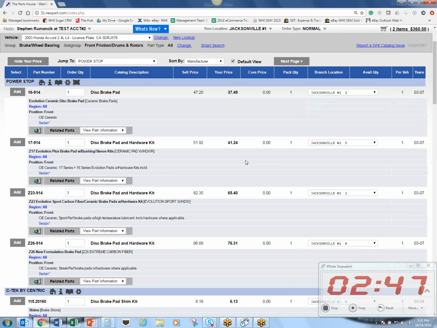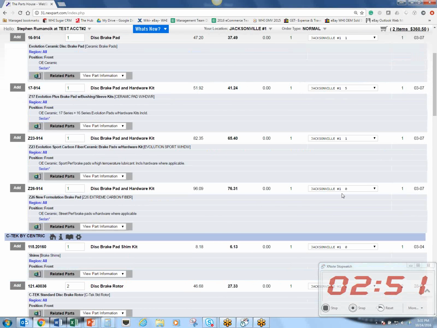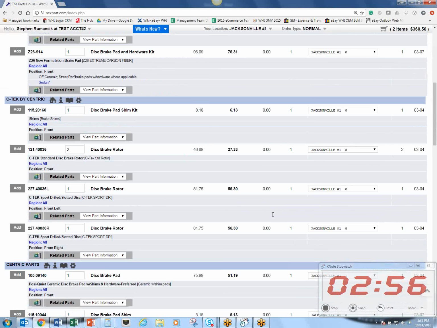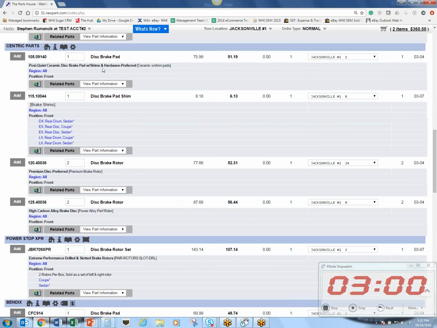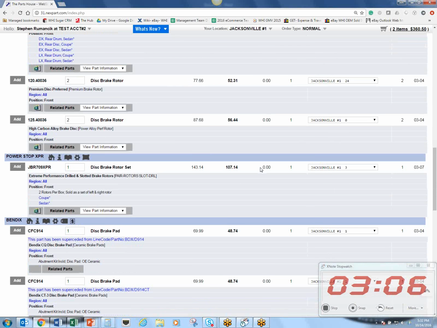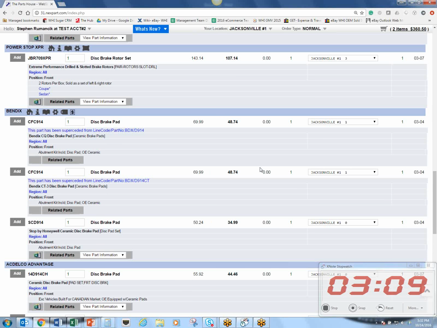$37 is a good price. I've got some other Power Stops here, but it looks like they're going up in price, or they're not available. Now I've got shim kits and rotors, which I don't need. Here's a set of Centric pads, not bad. It's ceramic. It's $51, probably a little high for my customer. I do like Bendix a lot. Bendix is a good brand, and it turns out that they've got some in Jacksonville for $48, so I'll keep